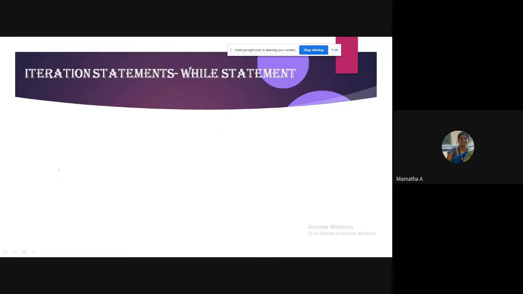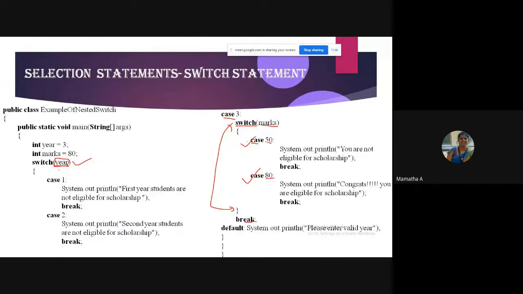Okay. So with this switch example, I want to convey three things. First, the break statement is not mandatory. If you skip the break statement, you can achieve fall through, that is, the control will flow to the next cases till it reaches a break statement. The second thing to observe is that default is not mandatory. If you want, you can give it, otherwise you can omit it. The third point is that we can have nested switch statements.